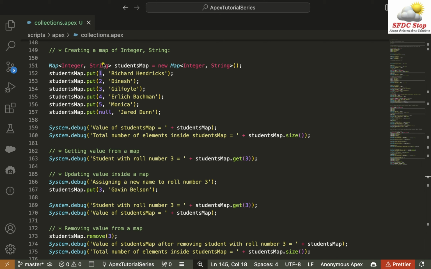In order to create a map, as we know that it will consist of key value pairs, we need to specify the data type of key as well as the data type of value that we want to store inside our map. So we can create a map like this: Map, and then angle brackets. Within the angle brackets, we need to specify the data type for key and the data type for value. I'm creating a map named studentsMap here. So I'm saying Map<Integer, String> studentsMap = new Map<Integer, String>();